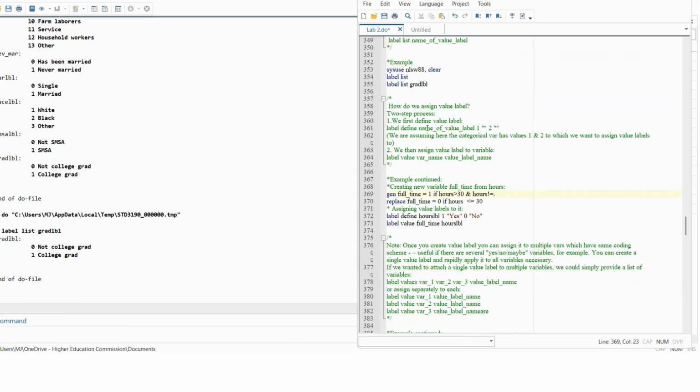We give a name to the value label, whatever name we want. And then we specify the first value that the categorical variable takes. Let's assume it's taking a value one. So we specify one of the values of the categorical variable, and we write that value it takes, and in double quotation marks, we will write the label we want to